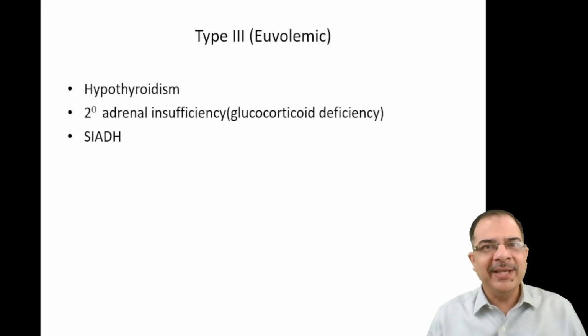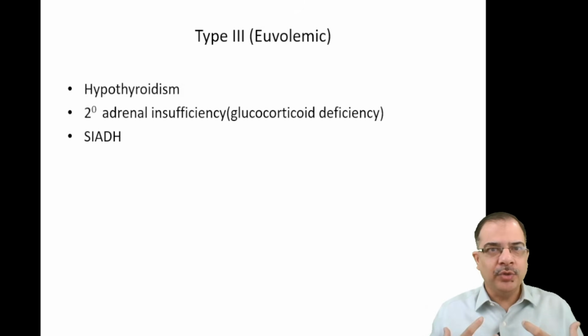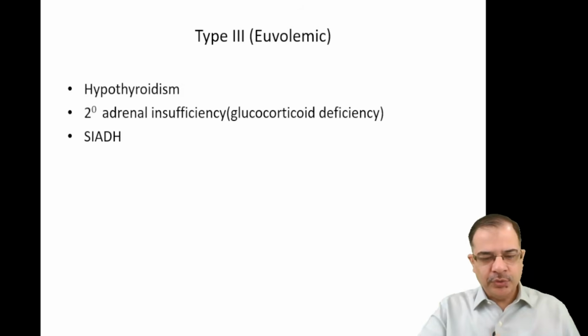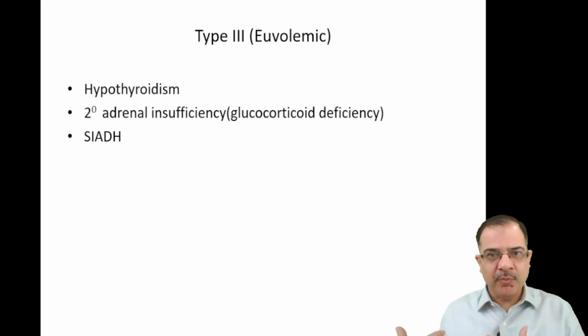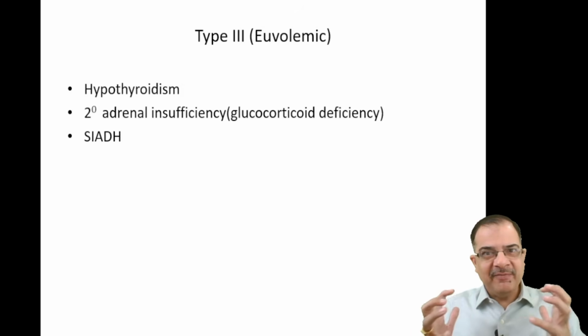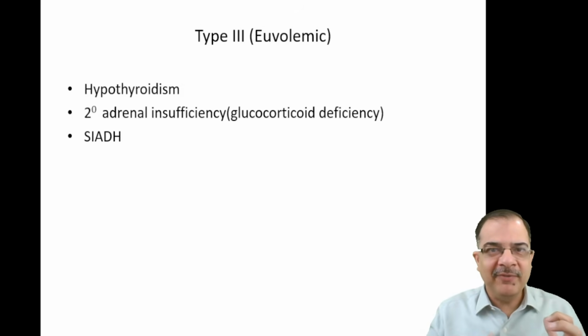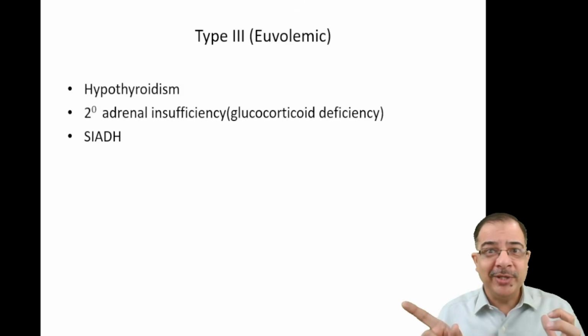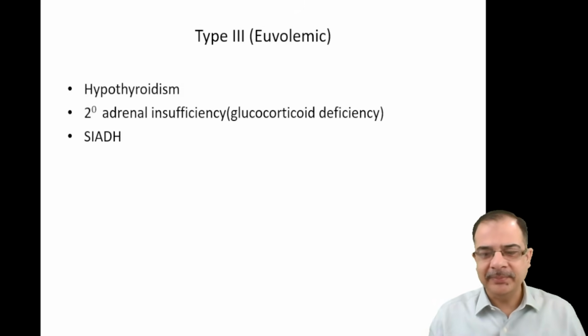And the most common cause is ADH excess, syndrome of inappropriate ADH secretion, which is due to CNS infections, which can be due to some pneumonias, and which can be because of drugs, or can be pain induced. Post-operative pain, ADH is increased, so it will absorb more water into the body, and when there is more water in the body, what happens? Atria will stretch, and from the atria ANP is released. Atrial natriuretic peptide will be released, so that causes natriuresis through the urine also. So that natriuresis prevents clinical edema in these patients.